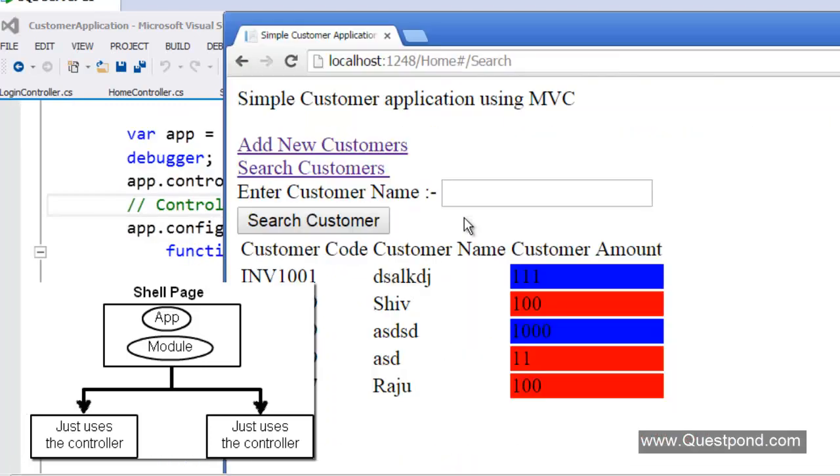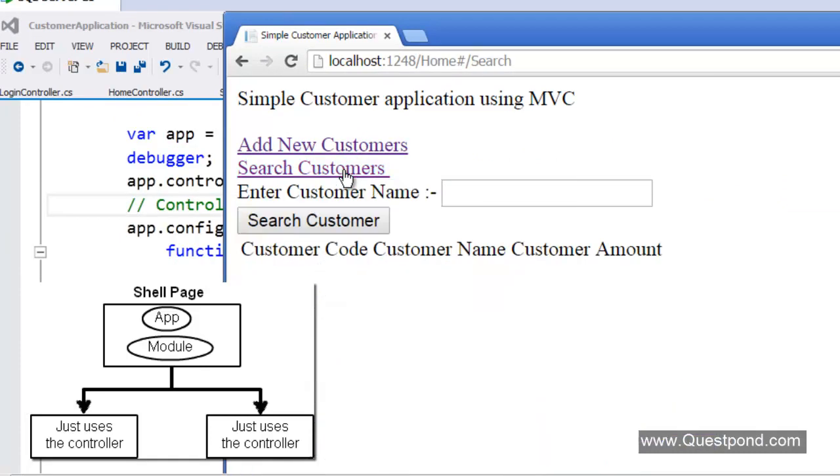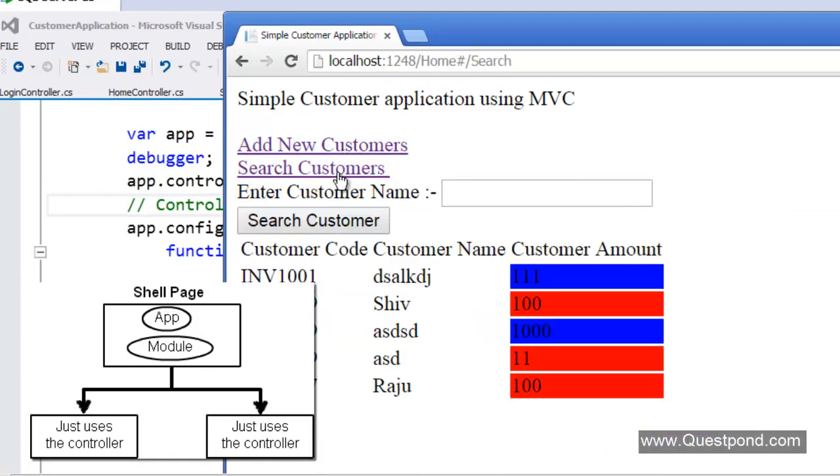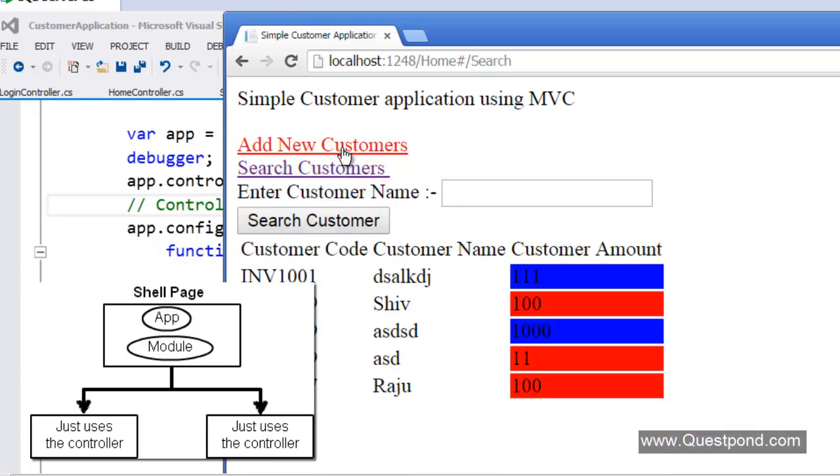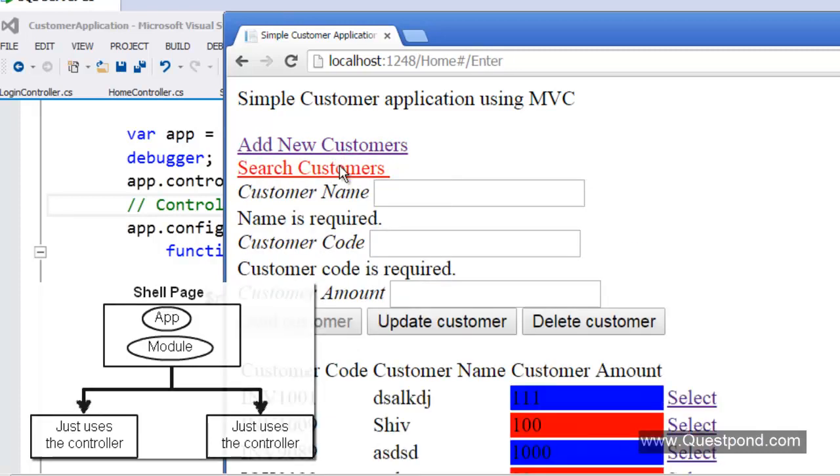And from the user experience point of view, you get a better user experience because now you are not navigating from one page to another page. You are just sitting on that page and loading the pages inside it, and this gives you more of a desktop based experience, right?